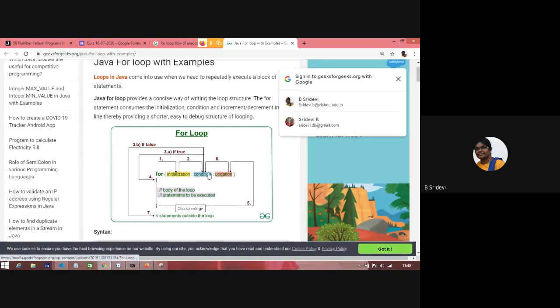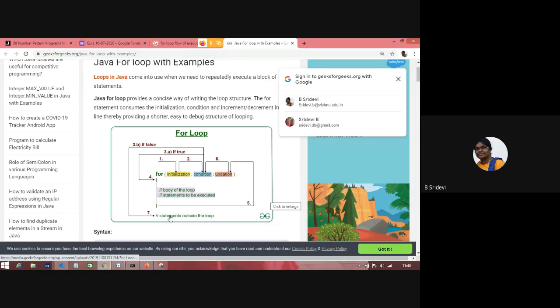Then it will go to the body. After the body, it goes to updation. After updation, it again goes to the condition, see the arrow. If it is true, it is going to the body. If it is false, it is coming out.